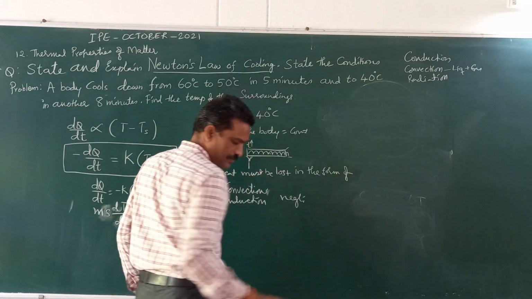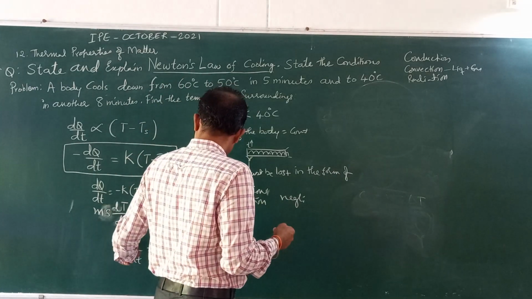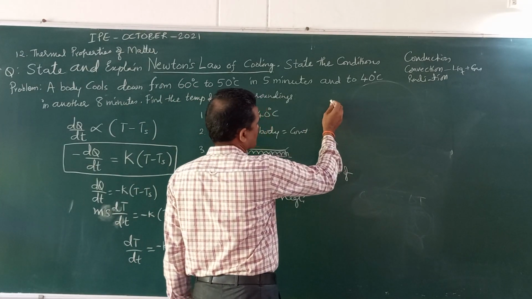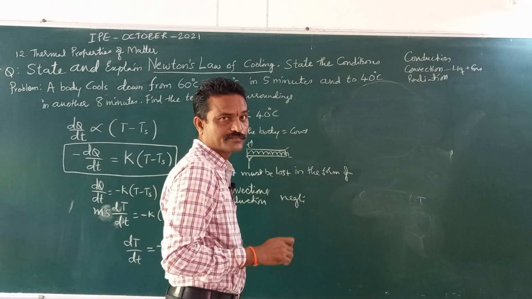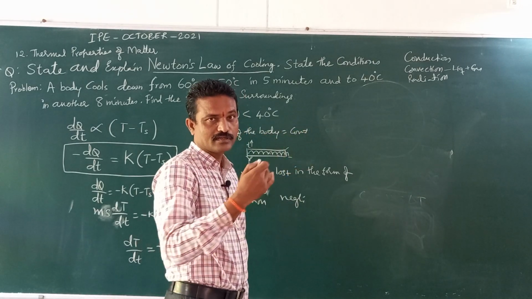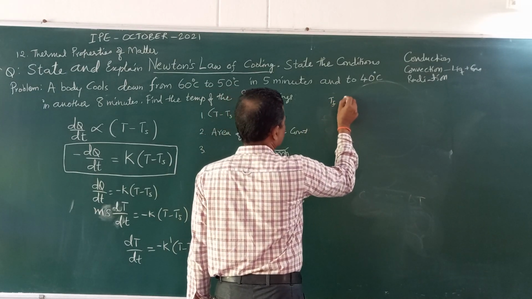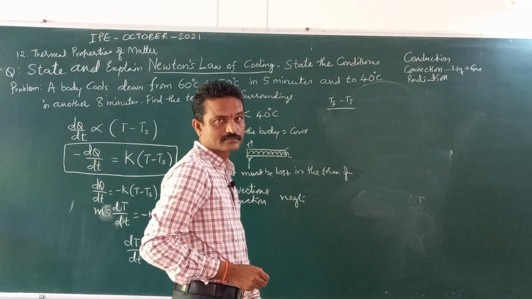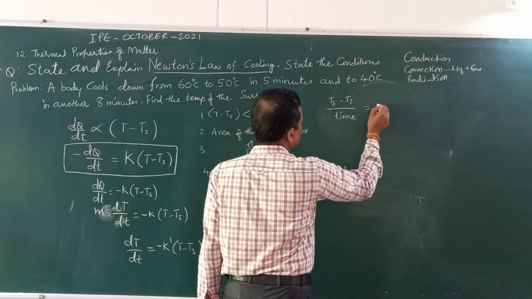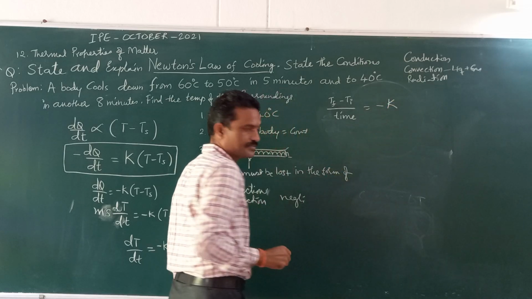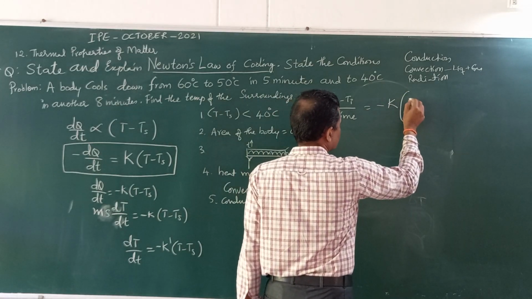So, while you are doing the problem, I will make it simple, I will make it easy to remember. So, this is temperature difference. Temperature difference in the sense 60 to 50, from which temperature to which temperature the body is cooling. So, let us write it as T final minus T initial, by time, this you can remember is equal to some constant minus k times of T minus Ts. Here this T must be the average T.